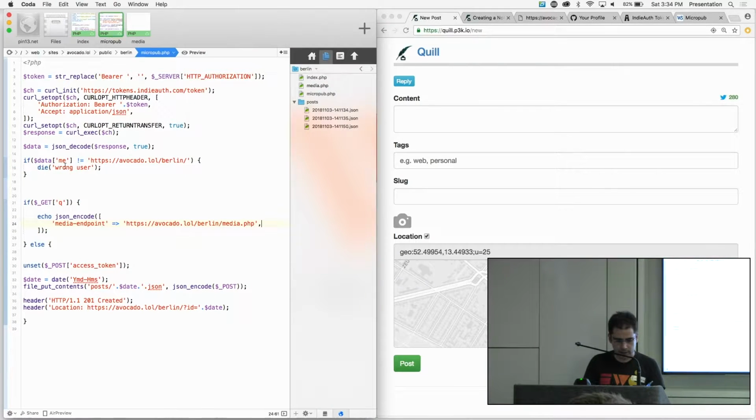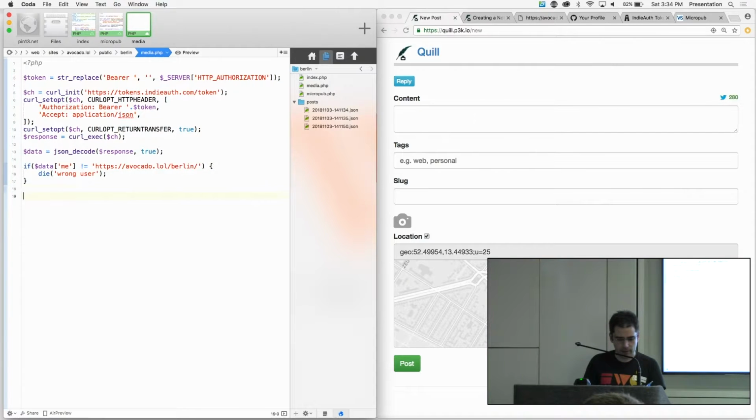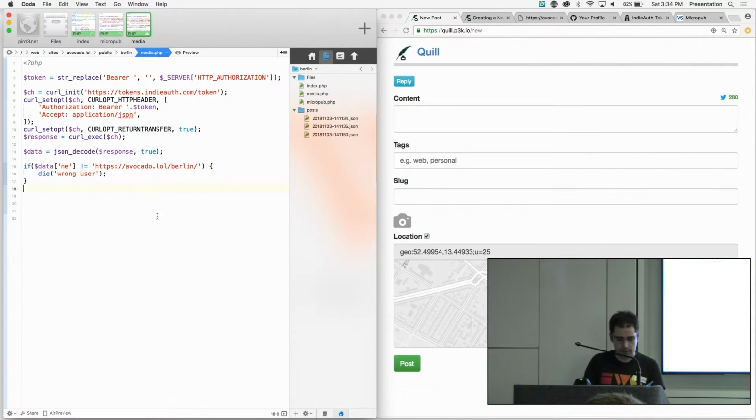So media endpoint's going to need this token validation stuff as well. So we're just going to copy it over and deal with deduping that later. And then we need to do something with the photo. So we're going to make a new folder called files. We're going to make that world writable so the web server can write to it. Don't do that for real. And then